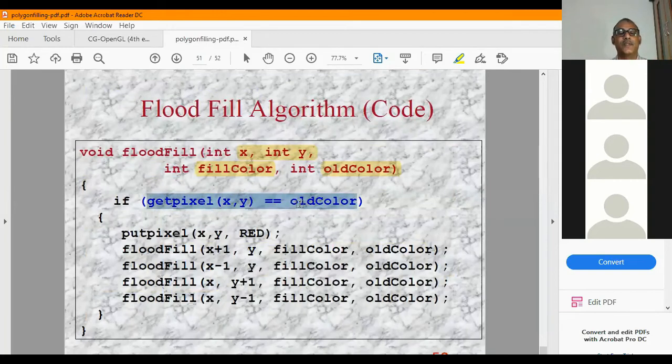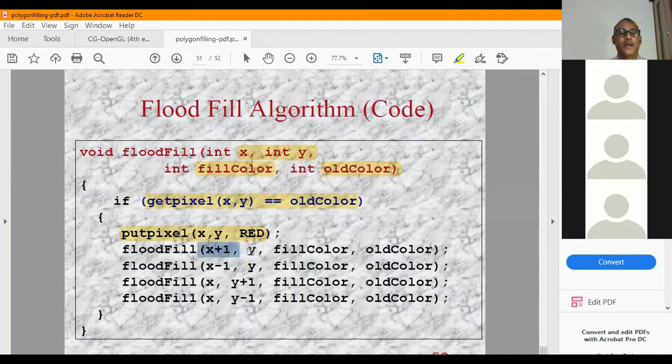If get pixel x, y is equal to the old color, then put pixel, that is, replace it with the new color. If it is not equal to the old color, that means it is already replaced. Here the new color is taken as red, as you can see, given as a red color.